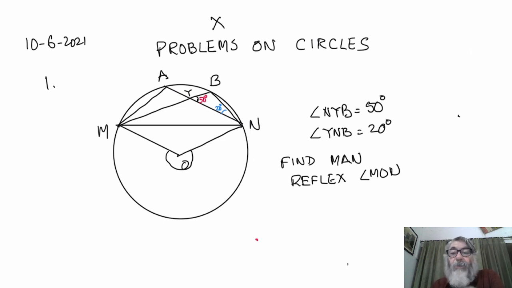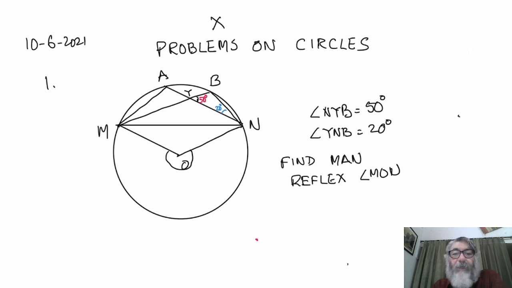And the third was angle in a semicircle is a right angle, which is not applicable here. And the fourth was the opposite angles of a cyclic quadrilateral are supplementary, which is also not applicable here. Here, MN is any chord of this circle. O is the center. M is joined to O, O is joined to N, and there are two triangles MAN